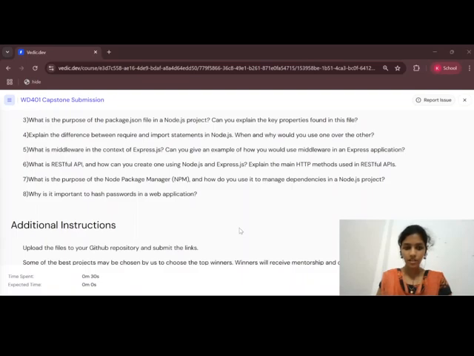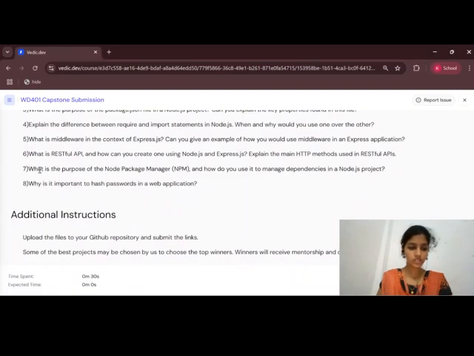And the last question is the eighth question. Why is it important to hash passwords in a web application? Hashing ensures security of passwords in case of database breaches.